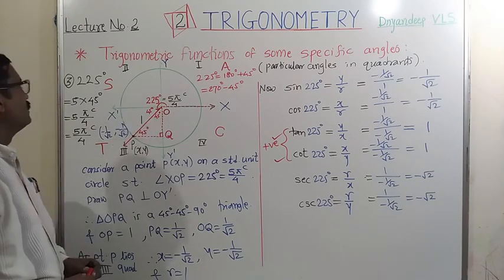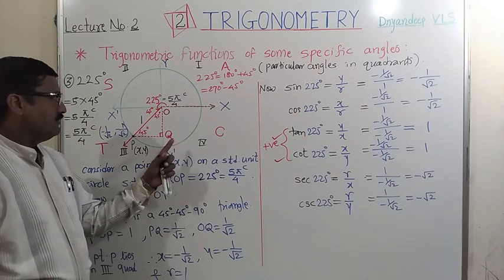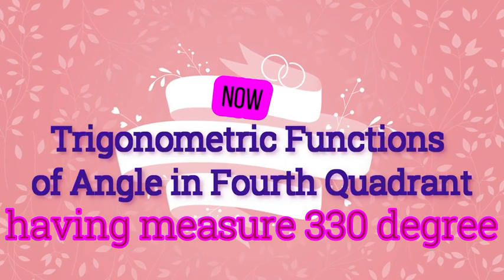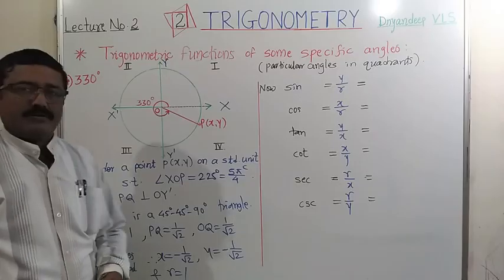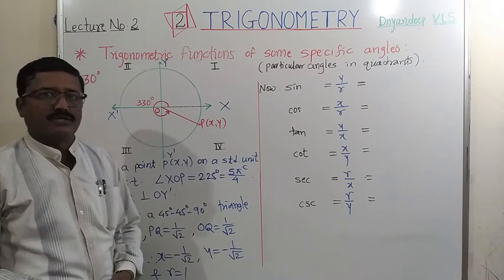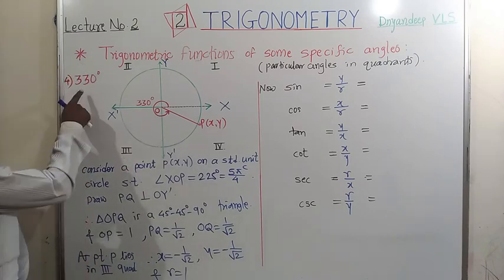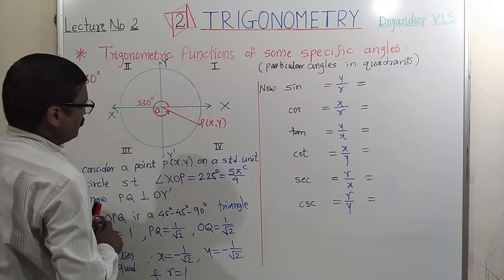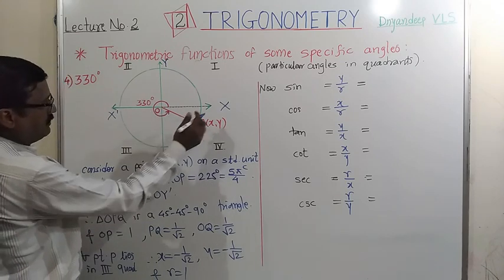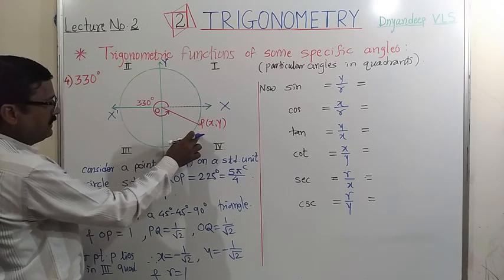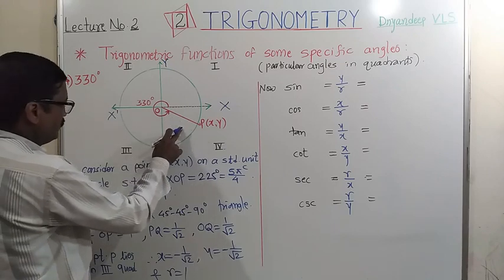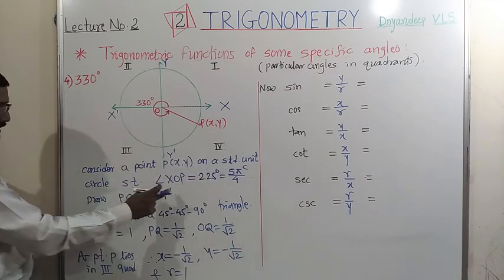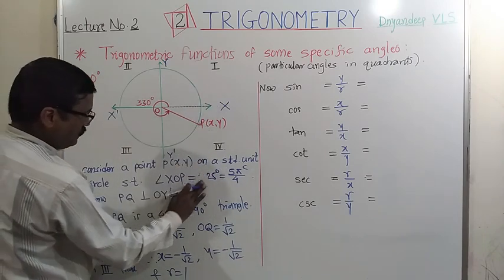Okay, now see one more example in which we will take an angle in the fourth quadrant. Now let us see a particular angle in the fourth quadrant. We have taken the measure of the angle equal to 330 degree. 330 degree lies in the fourth quadrant. So here the terminal arm of angle XOP lies in the fourth quadrant. So for that we have considered a point P(x, y) on a standard unit circle such that angle XOP is equal to